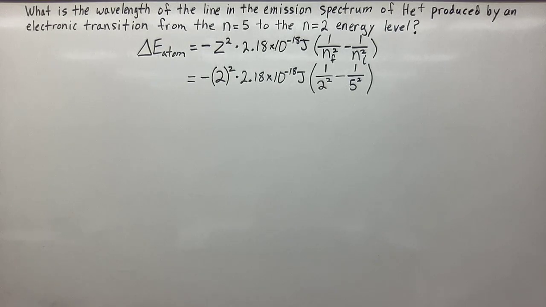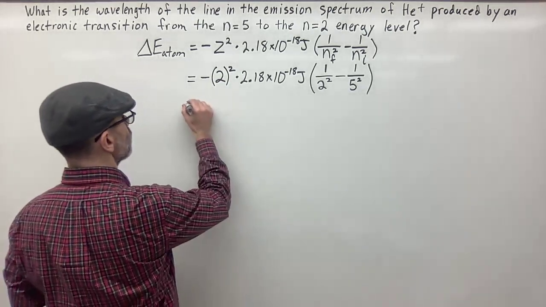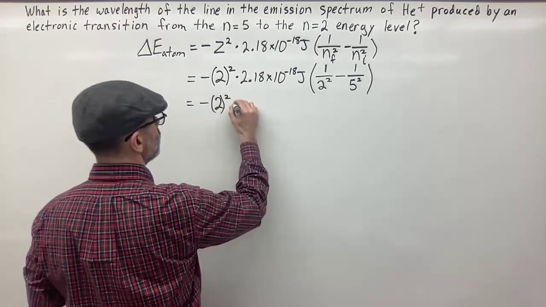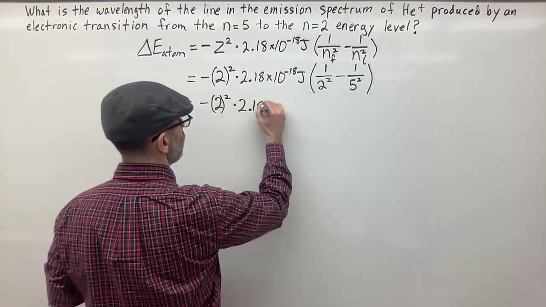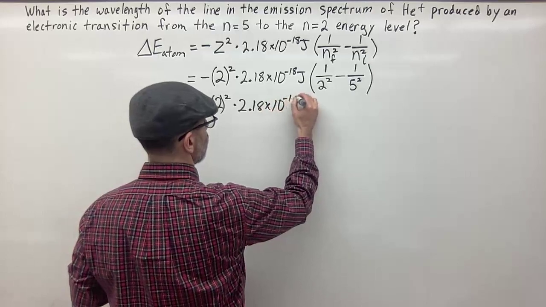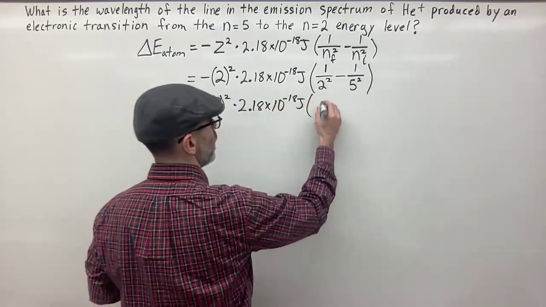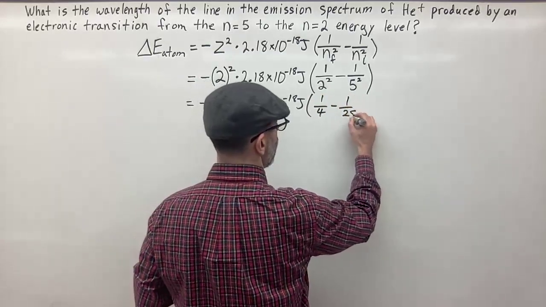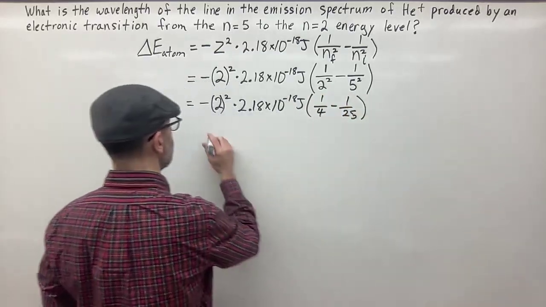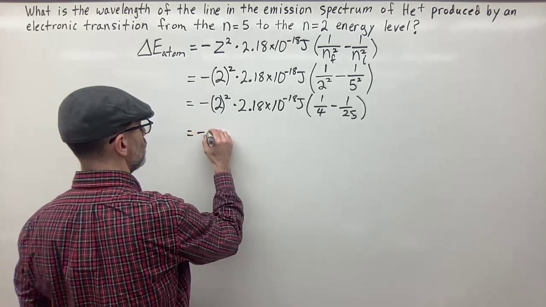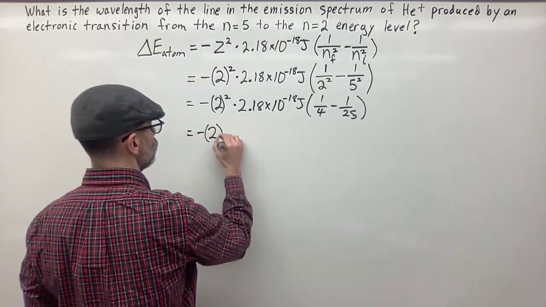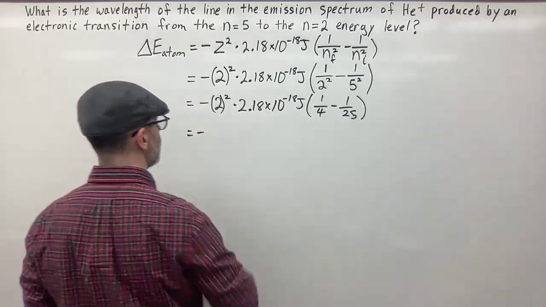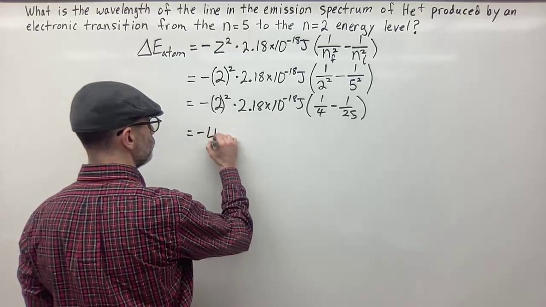So this is going to be minus 2 squared times 2.18 times 10 to the negative 18 joules multiplied by 1 over 4 minus 1 over 25. If we subtract these, we can just change the negative 2 squared to 4, since that's 2 squared. So minus 4 times